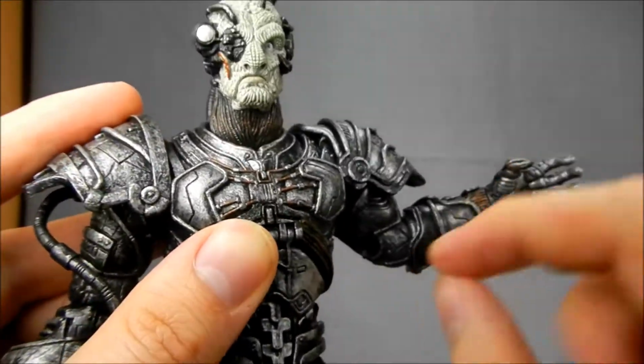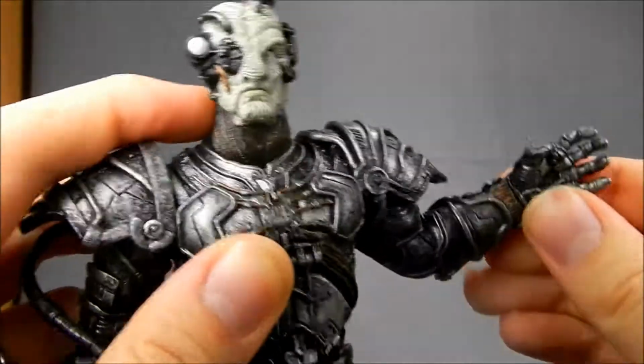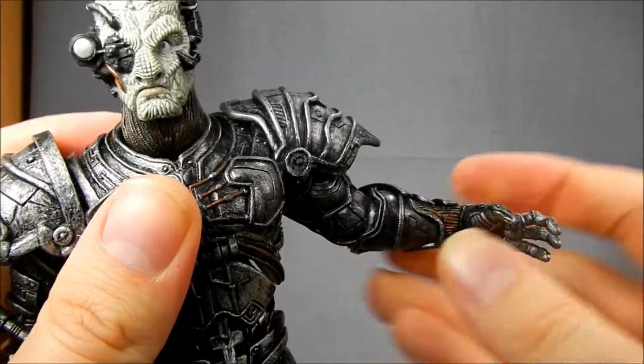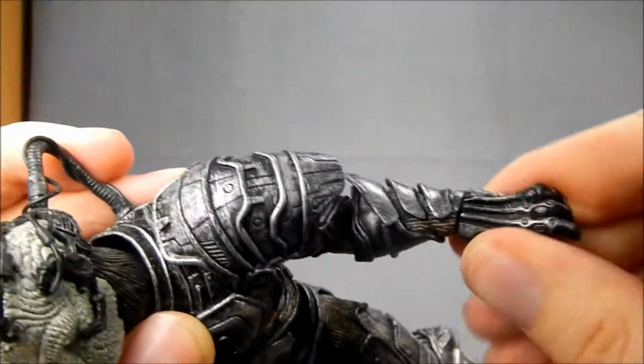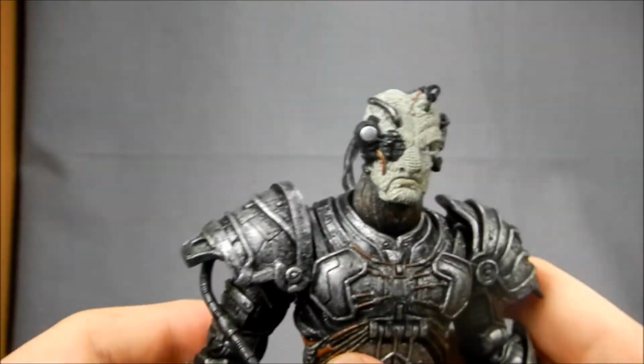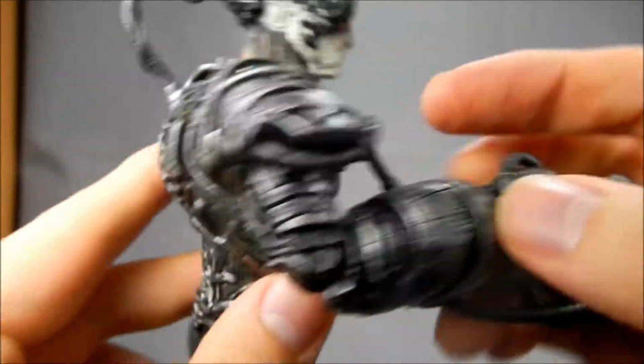Elbows, you can see that there's no exposed peg there either. So you've got this great, almost 90-degree bend, but you can't see anything there. It looks fantastic. Swivel wrists go all the way around on this one. Be careful on some of the other ones just to make sure that there's no cables attached, because the cables will affect that. Everything's the same in this arm with the 90-degree bend and everything, and the swivel up here,